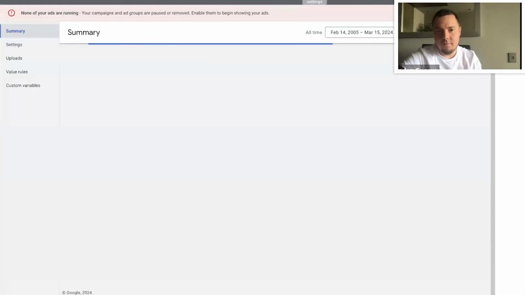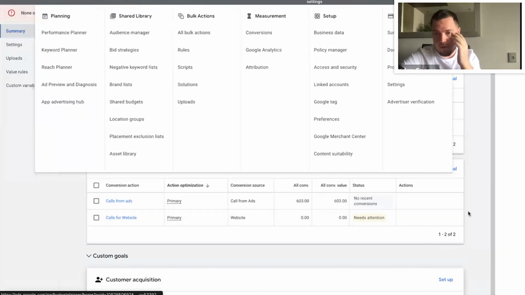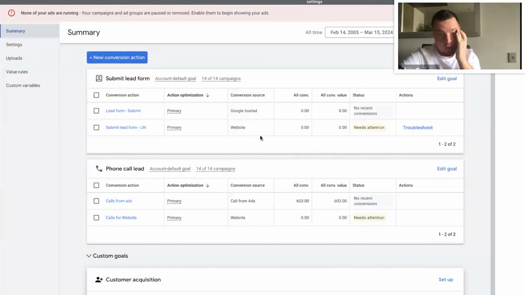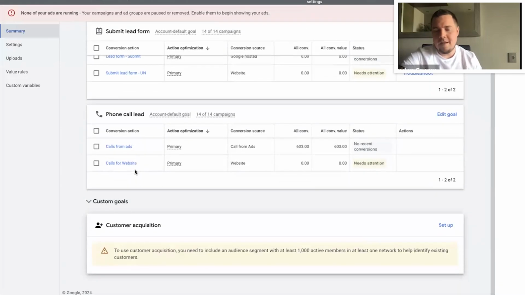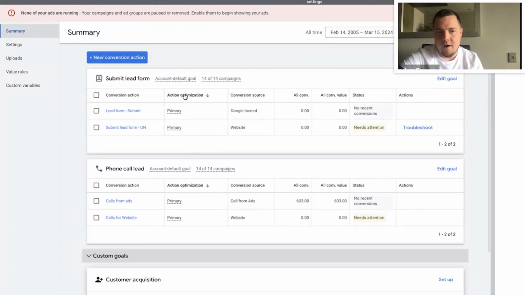All right. So first go into Tools and Settings, Conversions. It's going to bring you to this screen right here. You're always going to have two different types of conversions: your lead form or website submits, and phone calls. If you run Google LSA ads or Google Map placements, you're going to have a second one here for directions if it's a local business. But for now, you can see I mainly just focus on